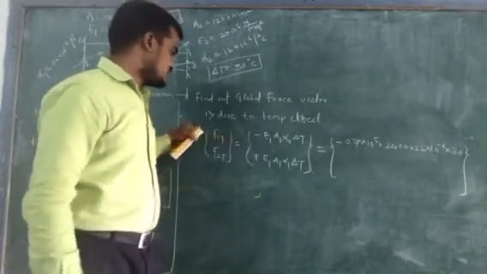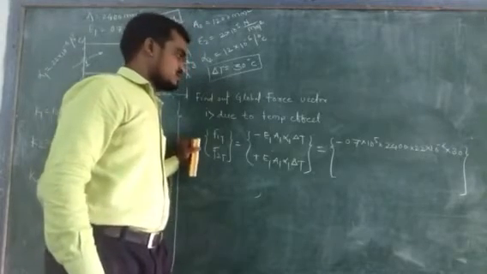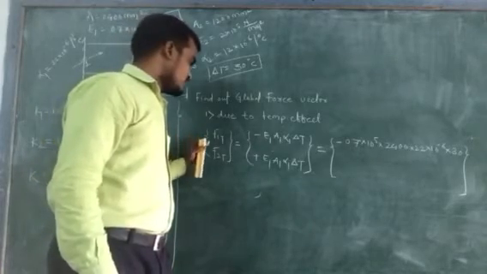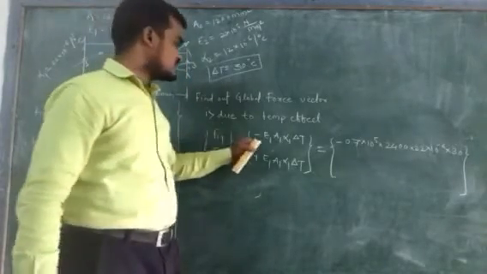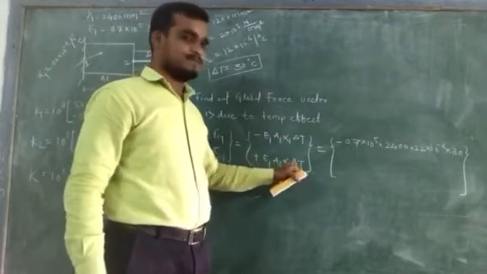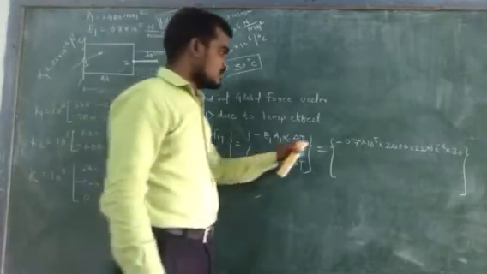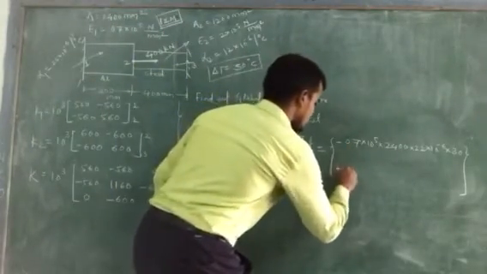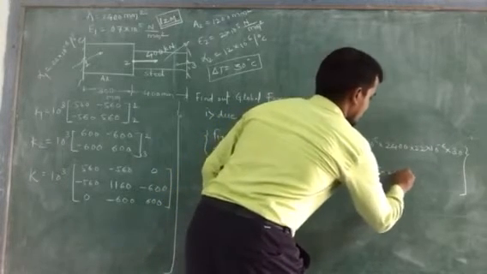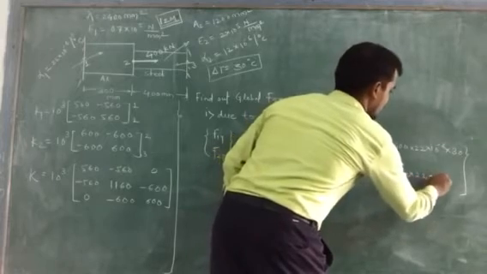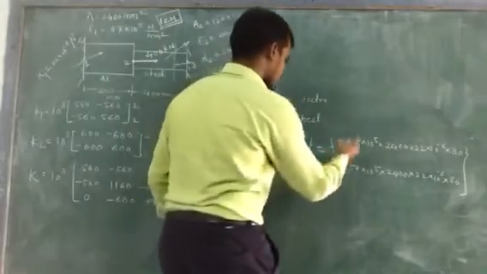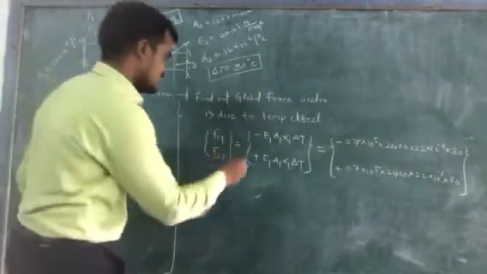As we know that this is the nodal force vector due to temperature effect. Okay, as we have derived this in our previous lecture. So you will get F1t F2t for first element, minus E1 A1 alpha 1 delta t plus E1 A1 alpha 1 delta t. Same here, only here positive. 0.7 into 10 raised to power 5 into 2400 into 22 into 10 raised to power minus 6 into 30. So if we simplify this, you will get